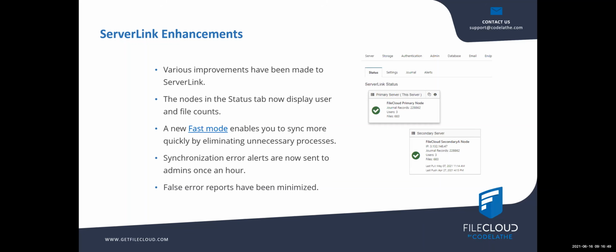And we also have more alerts in case, for example, one of the servers becomes unavailable. Let's say you're not actually using your FileCloud servers live. You perhaps have a standby node, a standby FileCloud installation in a different location, and you want to make sure that it's always in sync. You will be notified via email in case it's not. So there's a new alert system in place that is going to make ServerLink usage much simpler for